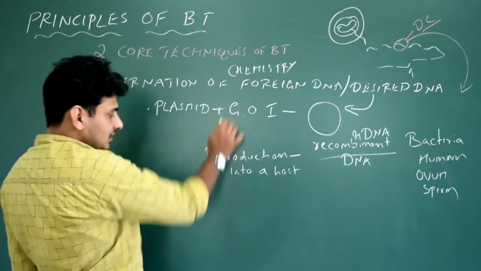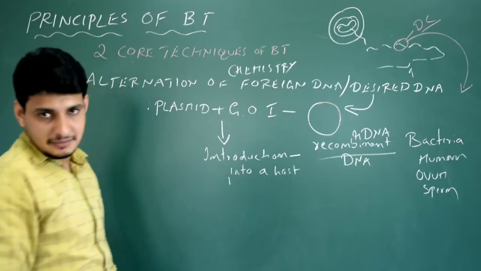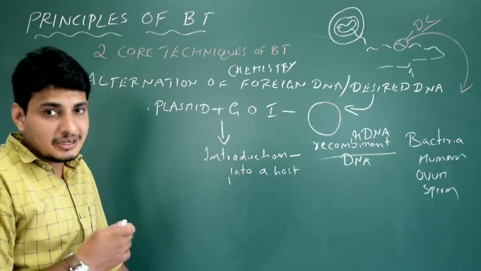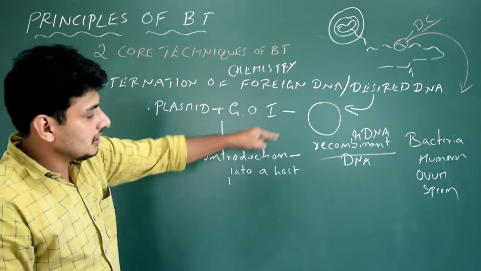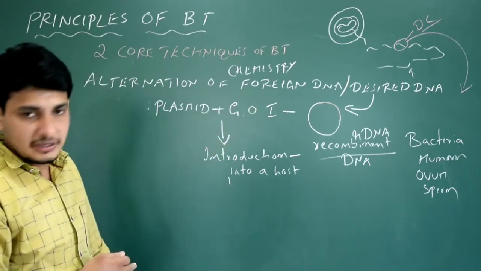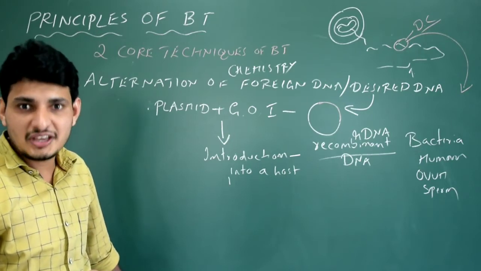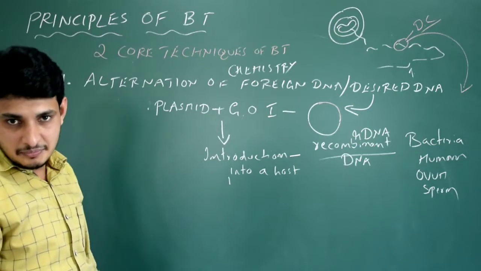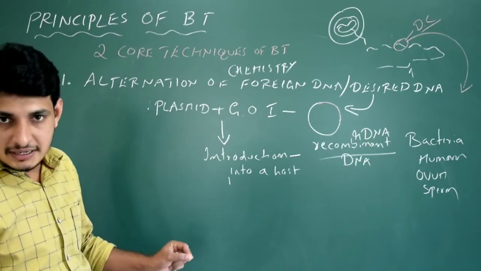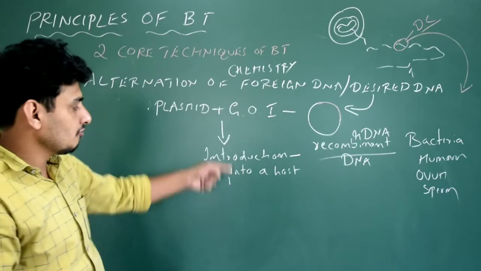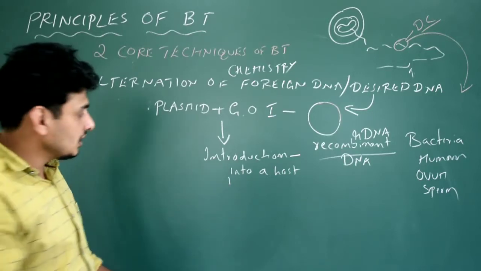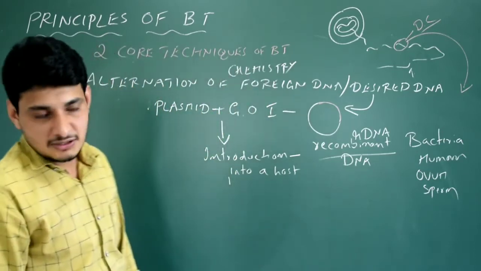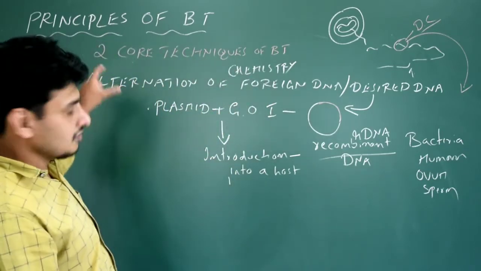Once everything is done, finally you need to maintain, correct? Maintenance is very difficult actually. You have to take care of this. Once the recombinant DNA is inserted into a host organism, you have to take care of the host organism, it could be a host cell. Got it? It should not get contaminated. So you have to keep an eye. You have to supply all the materials required for the growth of that host cell, so that only the recombinant DNA multiplies. Otherwise it will not multiply. So that is actually the main technique, the first technique.